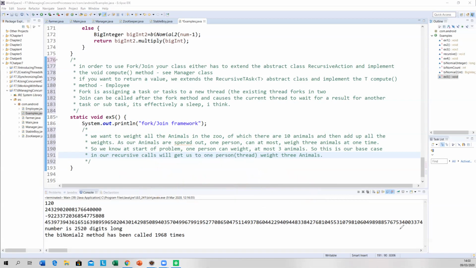3 at a time. No, because it's just the way the computer assigns them out. It just looks at the machine and it's almost like an instant decision, which is faster, having 3 threads to do 3 tasks each, or 7 threads to do 1 task each, 1 thread to do 2, 1 thread to do 3. That's a faster combination.